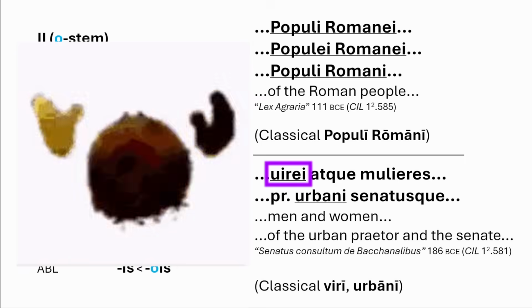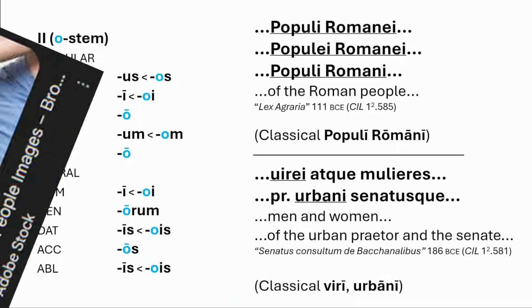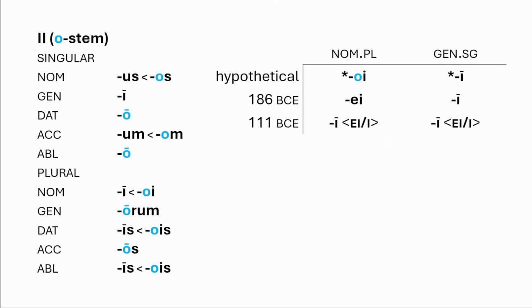But, alas, the genitive singular was without exception in this early period written with a lonely I. Disaster. What can we make of this? Well, it means that the O-stem genitive singular was never a diphthong, at least not in any period we have access to. At the time of the earliest Latin writing, the sound that became the long I of the nominative,